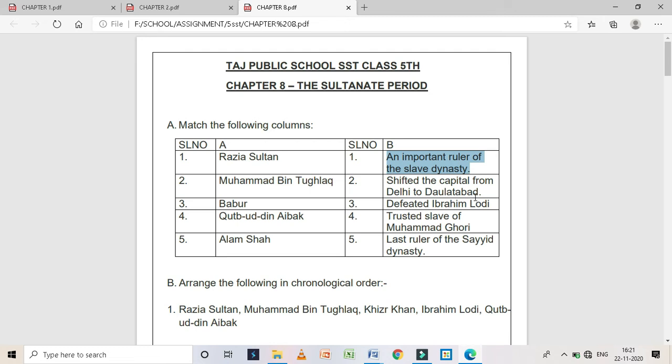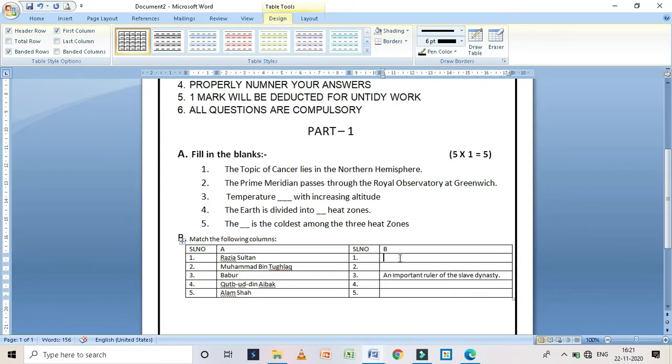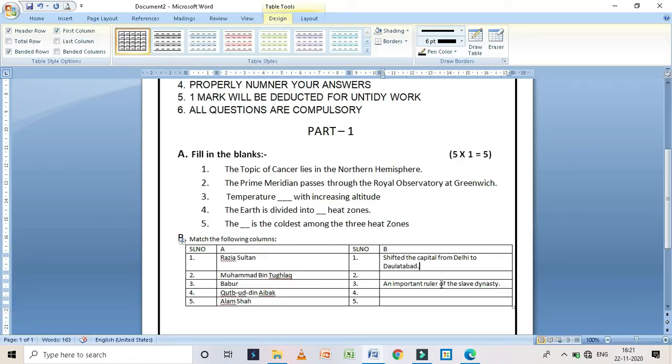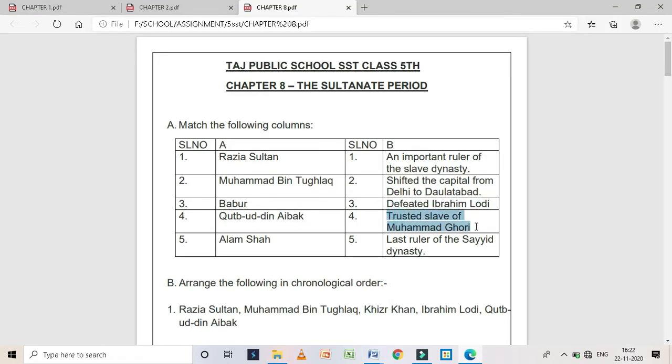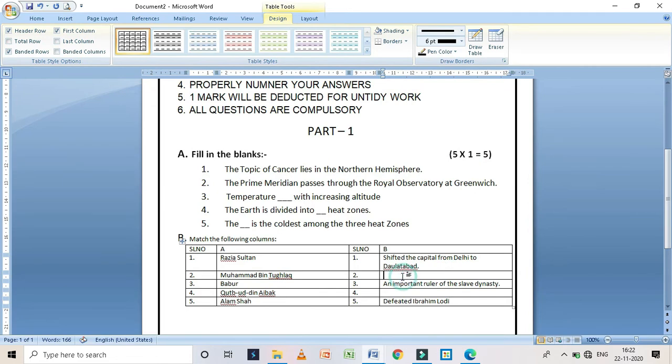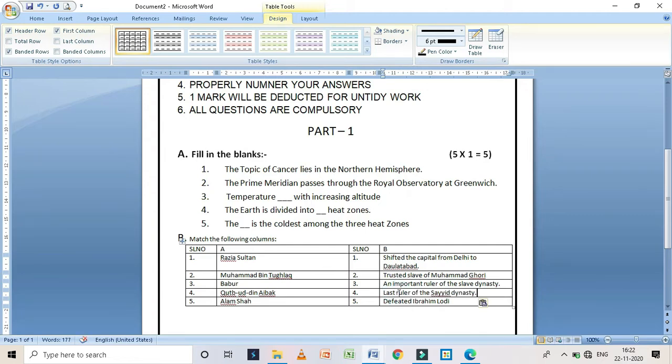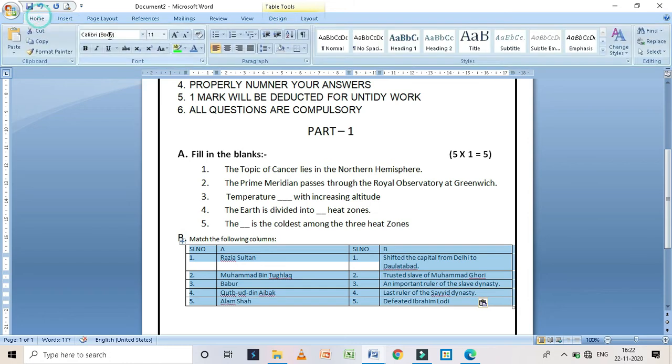Tughlaq shifted the capital from Daulatabad. Let's put it in the first. Babur defeated Ibrahim Lodi. Let's put it in the last. The trusted slave of Muhammad Ghori. And the last one is last important ruler of the Sayyid dynasty. Now, we have completed this,